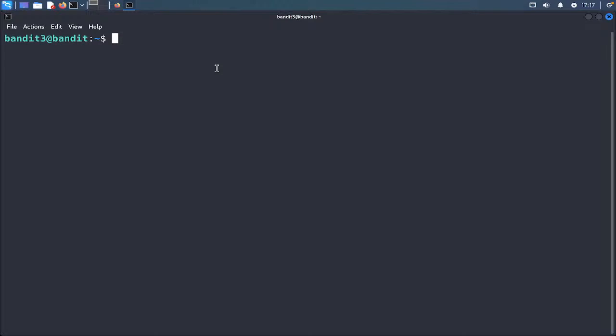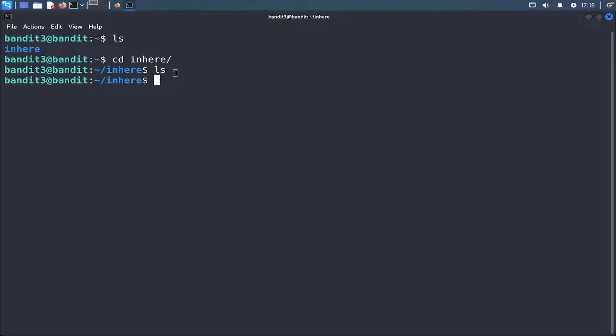So let's see, if I do ls, once again a very basic command, we have a folder. If we want to get access to a folder, we just need to write cd, which basically takes us to that directory, right? So if I do ls, you can see in this folder there is a hidden file. That's why whenever I do ls, there is no file. It's totally empty, but actually there is a hidden file.